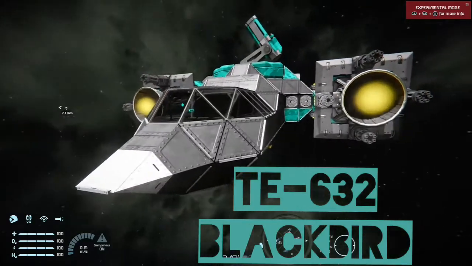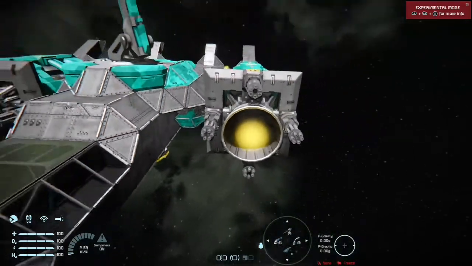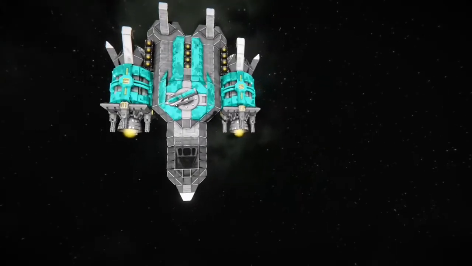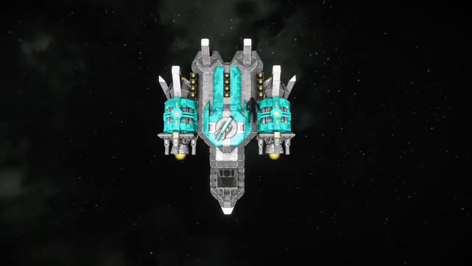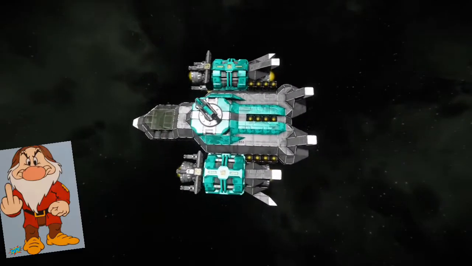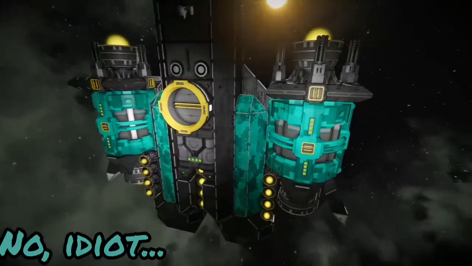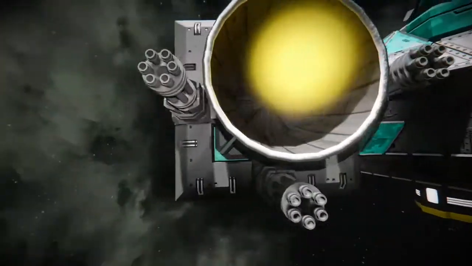So moving on to the TE-632 Blackbird. This one, I tried, you guys tell me how I did. I tried to make it look like the SR-71, but space style. I don't know if I did a good job. I didn't really want it to be as big and as long. I kind of wanted to midget it up. I don't know if that's the right terminology for that. Dwarf it up? Is that better? That sounds better, right? Anyway, you've got actual large tanks on here,